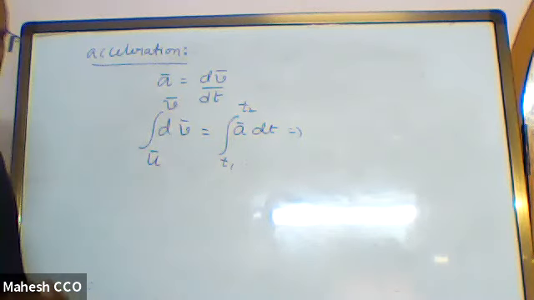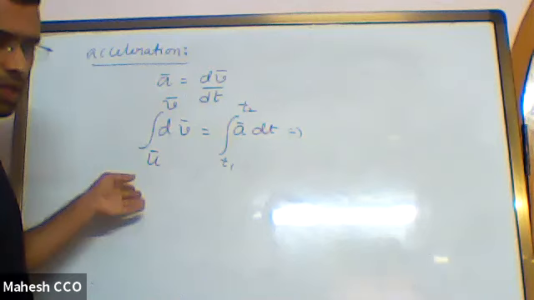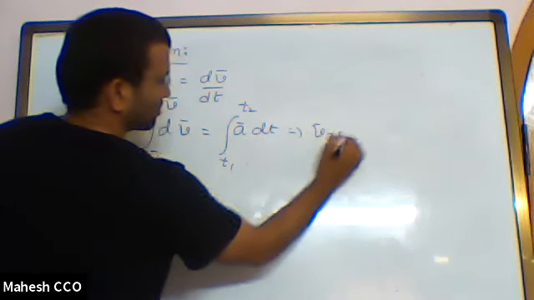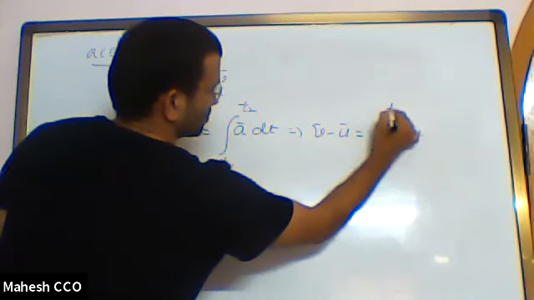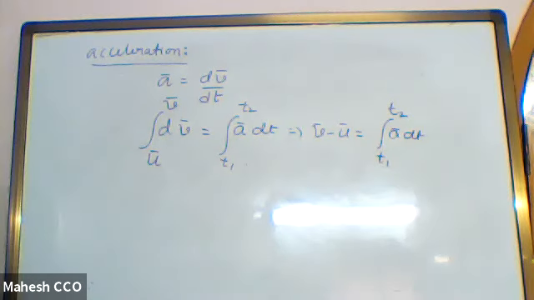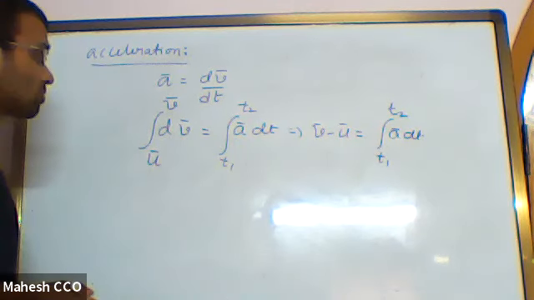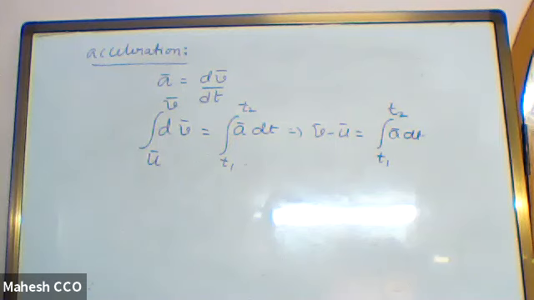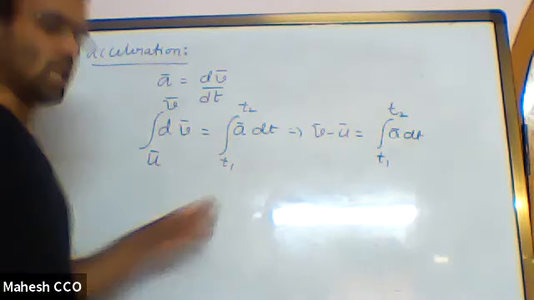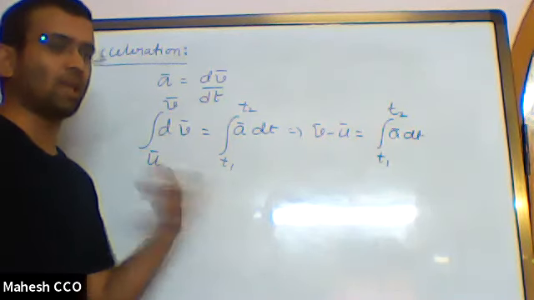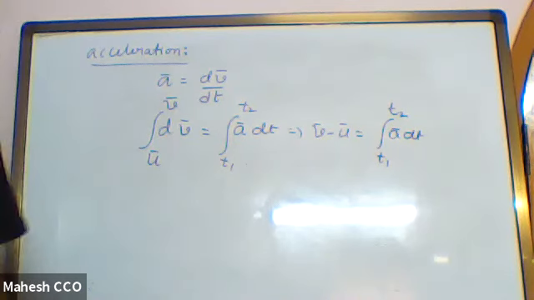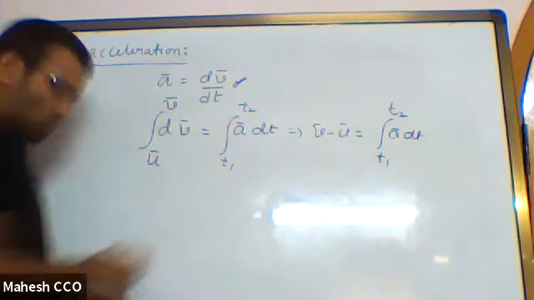So this tells you that integral dv bar is nothing but v bar only. That vector is taking a final value of v bar, initial value of u bar. This is how it is. v bar minus u bar is equal to integral a bar dt from t1 to t2. So the integration of acceleration gives you the change in velocity. This is the relation between velocity and acceleration from the calculus and integration point of view. From the differentiation point of view, it is this, that a bar is equal to dv bar by dt.